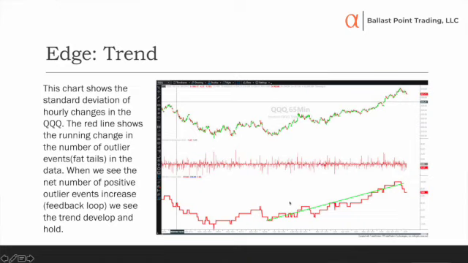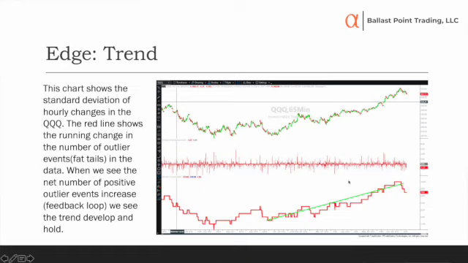So what I did, and the red line on the bottom will show this, I measured all the spikes that are above 2 standard deviations on each side and created a net differential, and that's what this red line is. So when this red line is rising, like you see right here at the end, what it means is that there's more spikes happening on the upside than to the downside. And tie that to what you see in the actual price action. You see how it's trending higher during this time frame.